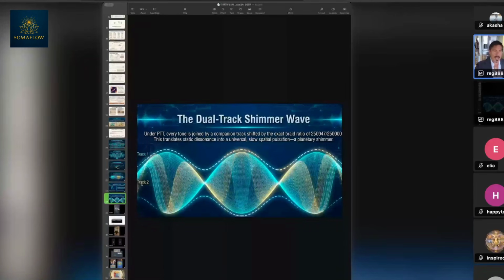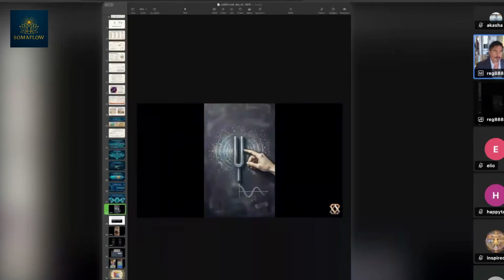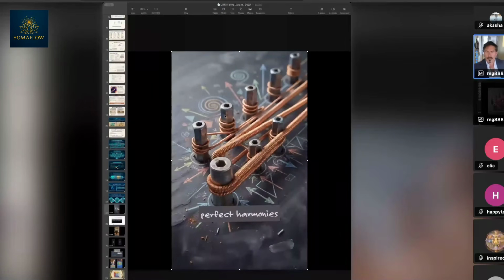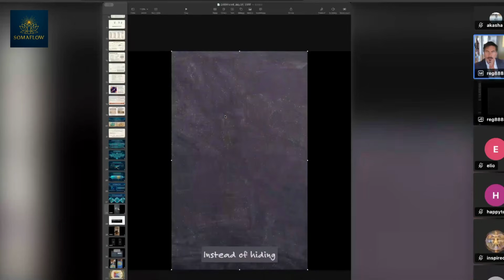And dual track shimmer creates this looking like a very complex, high number of strands DNA. And this will explain the shimmer. The dual track shimmer produces a celestial breathing sound. It fixes a centuries old problem. Perfect harmonies leave a mathematical leftover, causing harsh dissonance. Instead of hiding that error, you take a single note, like an A at exactly 432 hertz, and split it